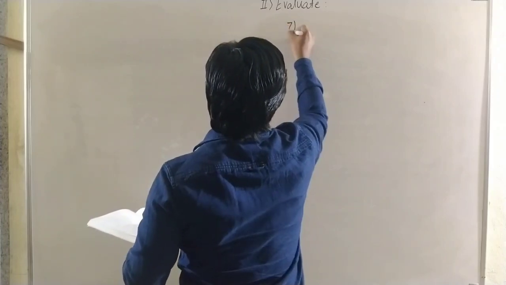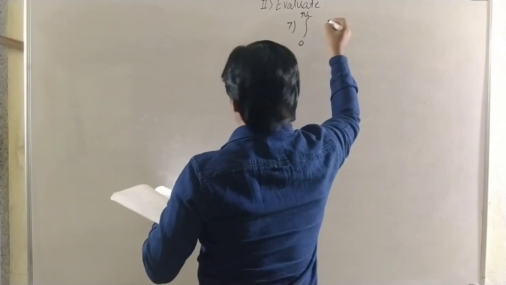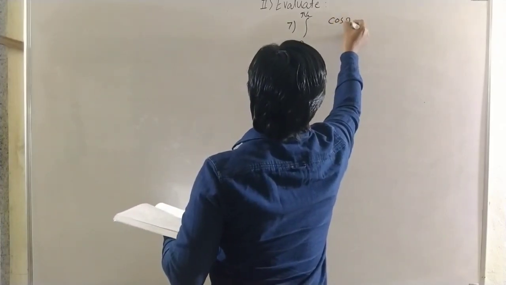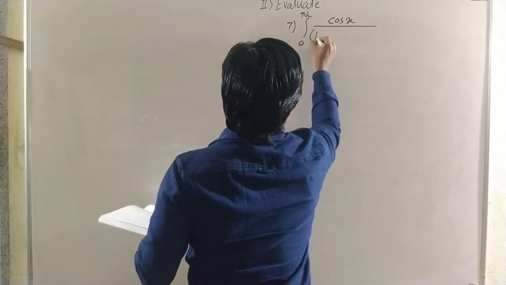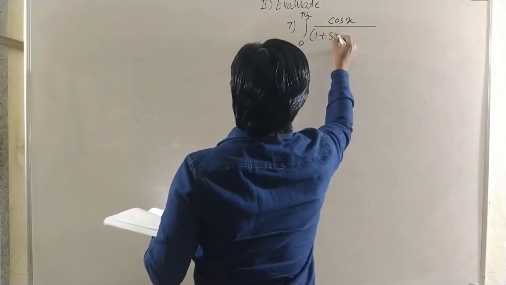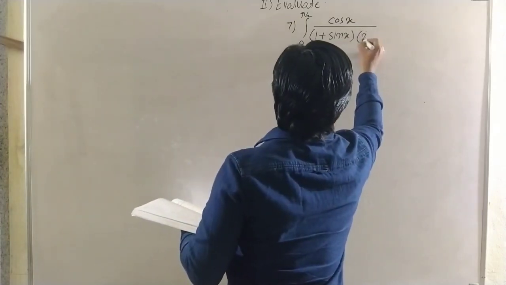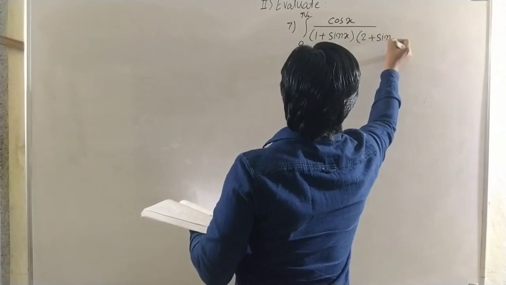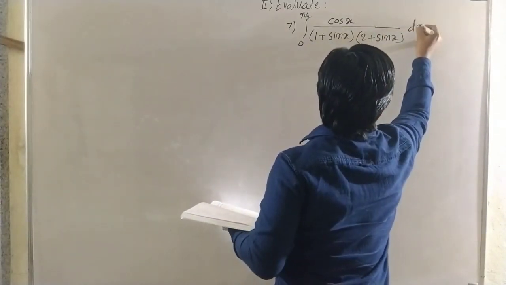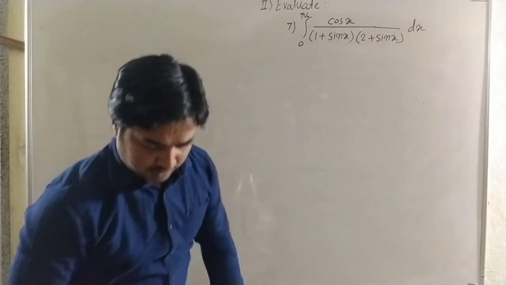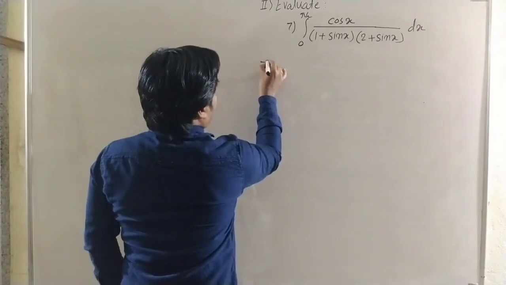Example number 7: integral 0 to pi by 2 cos x upon 1 plus sin x into 2 plus sin x dx. Again clearly, here the substitution is sin x is equal to t. Okay. Now the solution,